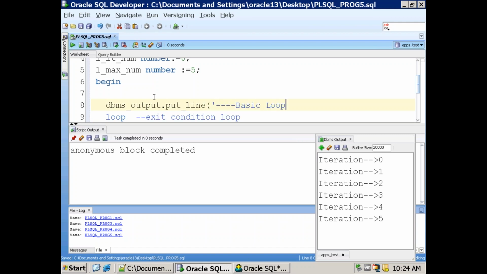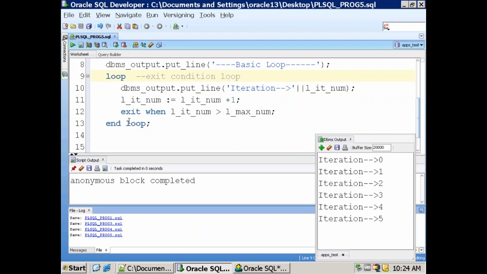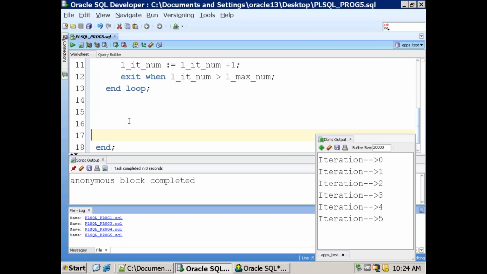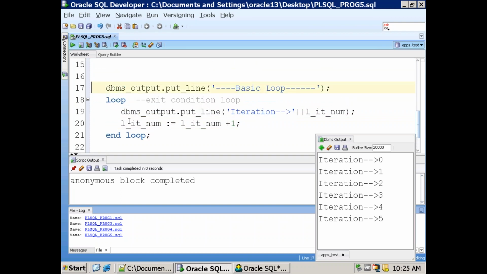That's the basic loop. Now I'll write the same program using the other loop. Everything will be the same. The only thing is the condition, whatever you mention, you'll mention in the entry. That is the while loop syntax. So you'll not have any exit condition. I'll remove this, and here I'll just mention it as a while loop,